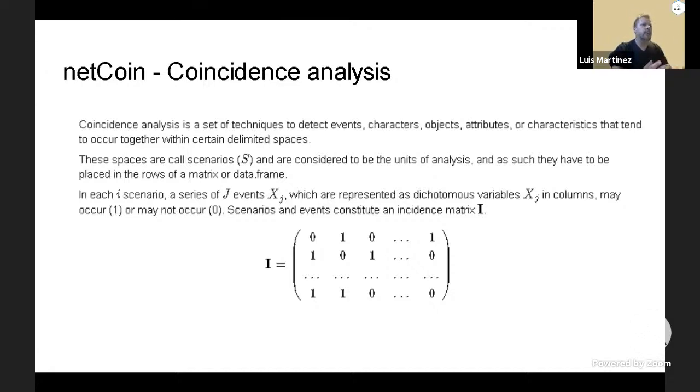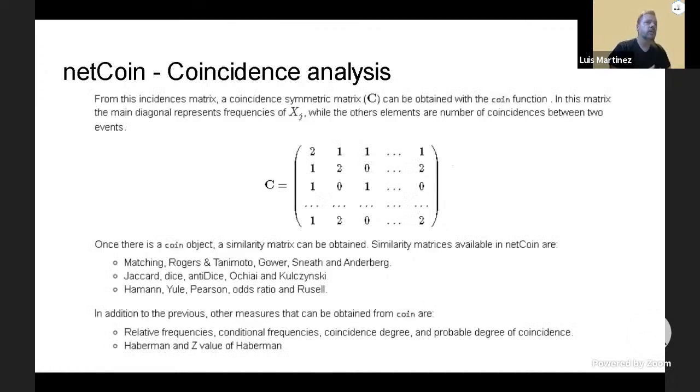In that way, we create an incidence matrix, which is a binary matrix like the one you're seeing. With a binary matrix of that sort, where you have the scenarios in the rows and the events in the columns, you can create a coincidence matrix by multiplying the incidence matrix with its transpose, and then